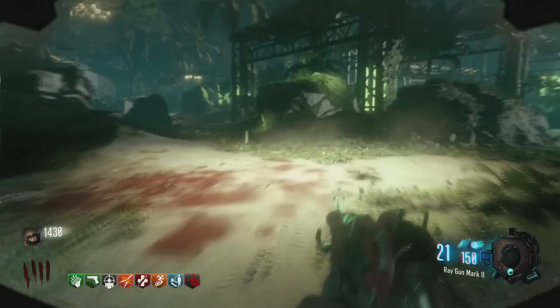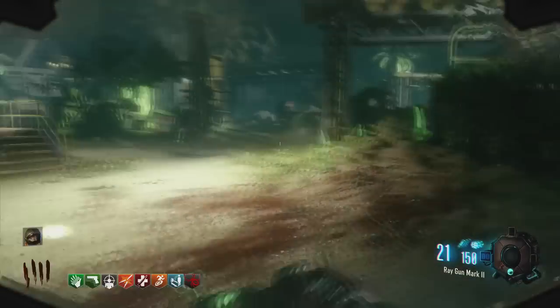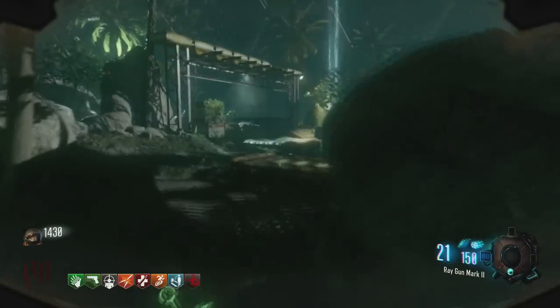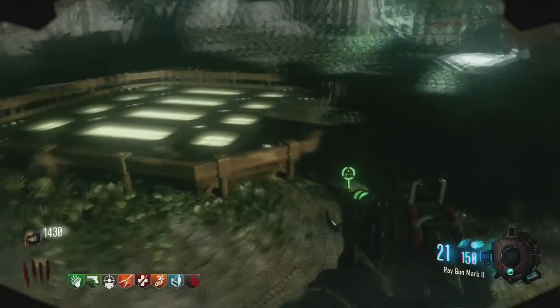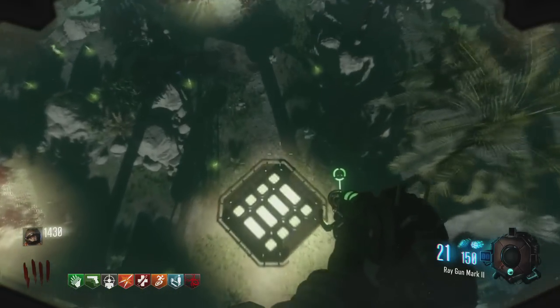Okay guys, so the second to last map is of course Moon. Now there's quite a few different pile-ups on Moon, however the easiest one by far is over in the biodome. So you don't actually need to have the biodome breached, however guys, if it is not breached, you're going to